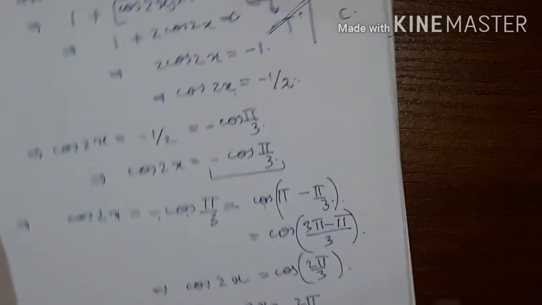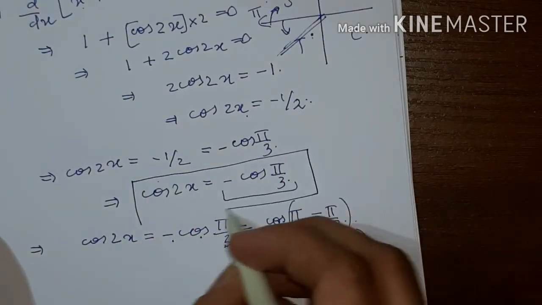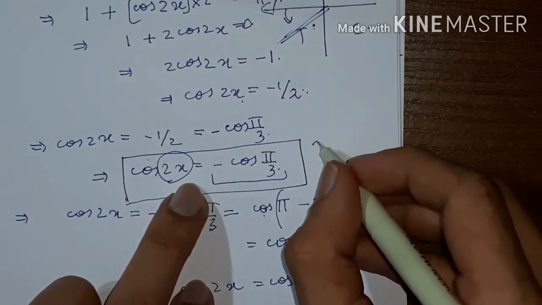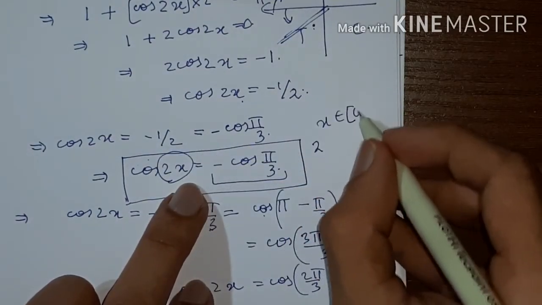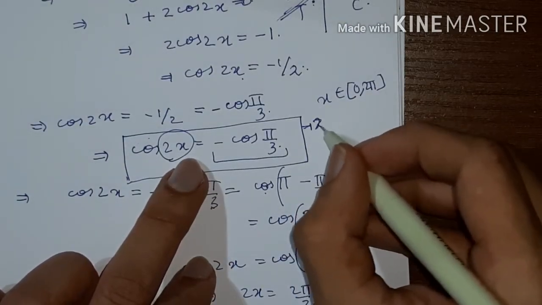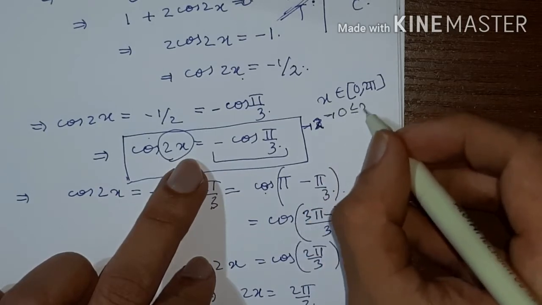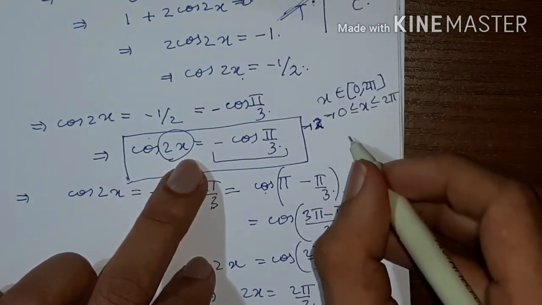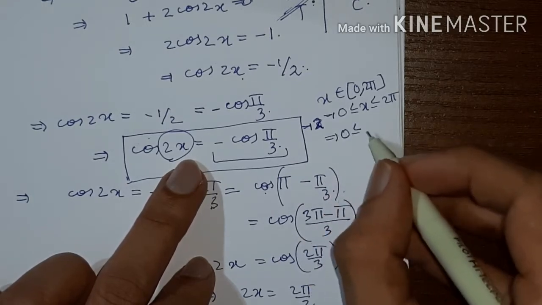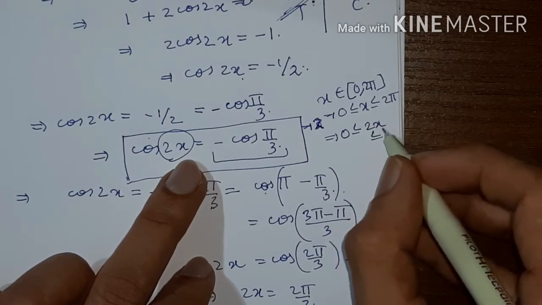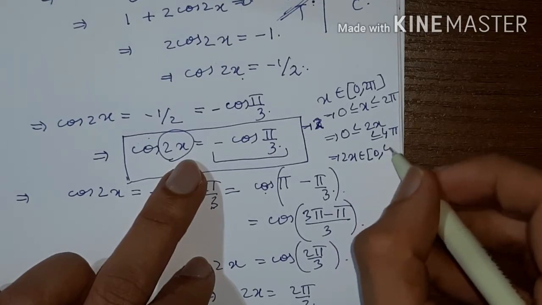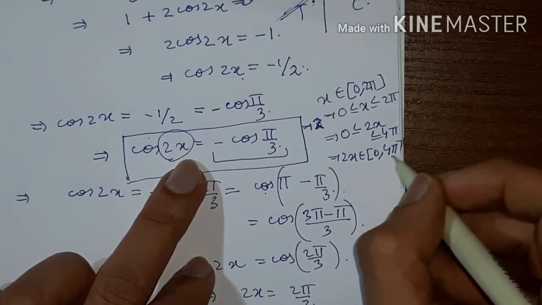Now if you look at this equation here, you find that you have an angle which is 2x. So here, if x belongs to the given domain, that is 0 comma 2 pi, then 2x will belong to what? So from here what you have, 0 is less than or equal to x, less than or equal to 2 pi, right? So multiply by 2 throughout the inequality, so you'll get 0 less than or equal to 2x less than or equal to 4 pi, right? So 2x will belong to 0 comma 4 pi, right?